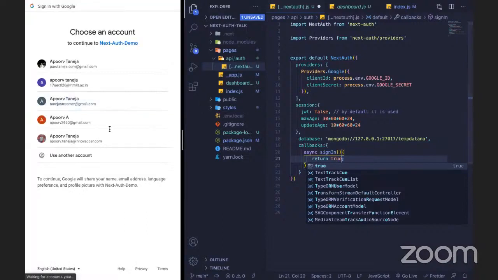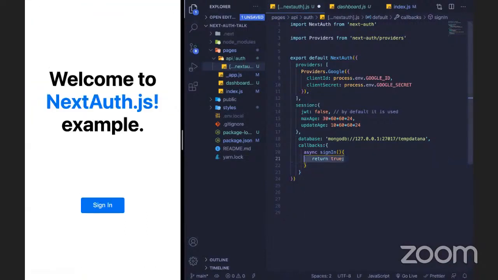The use of this async function is, suppose you want only users who belong to a specific domain. For example, I work with Innovator, so I want only emails whose domain is @innovator.com. Suppose my email is apurtaneja@innovator.com. I want only users who belong to that particular domain name to log in.